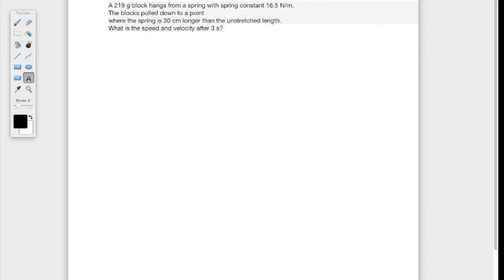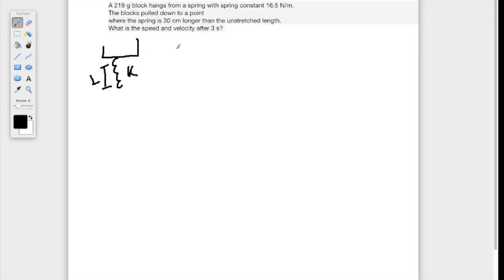Alright, so the last problem I'd like to talk about before we move on to some problems with pendulums is this problem, and it's basically a vertical oscillation. So let me draw a diagram. First we have a spring with a spring constant k, and it has this length L,